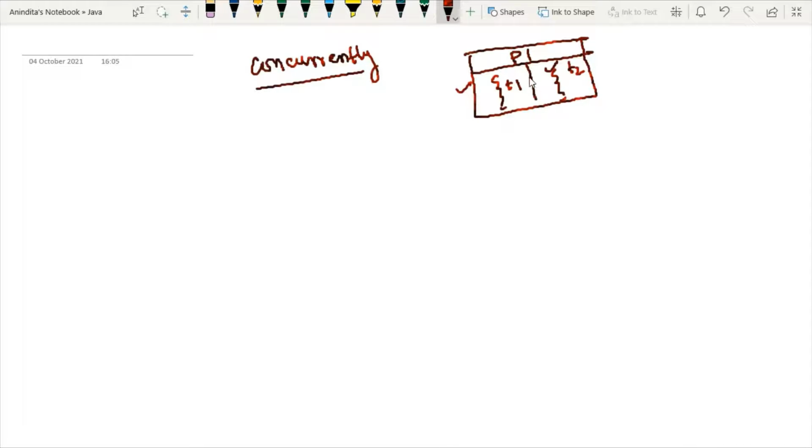So this is the first point. Now the second point is very important. Whenever I am talking about concurrent or parallel execution of threads, you have to understand one point: all these threads are executing in a time sliced manner, or in a time slice environment.